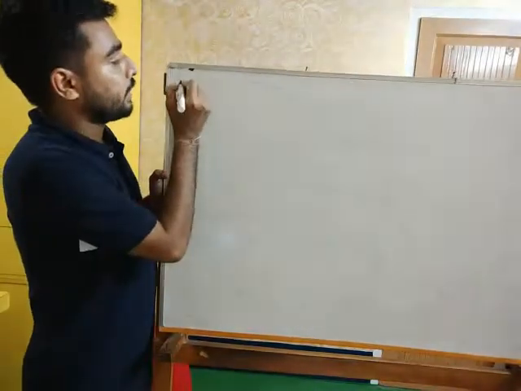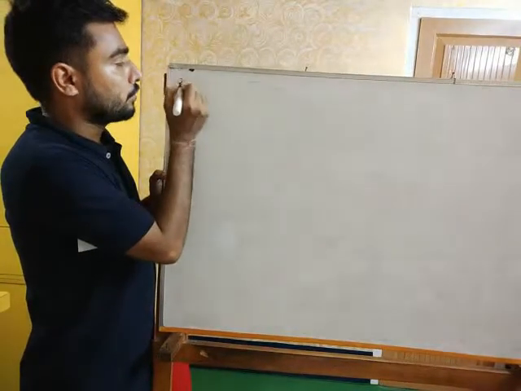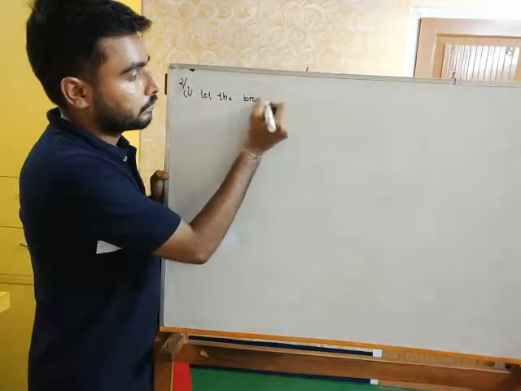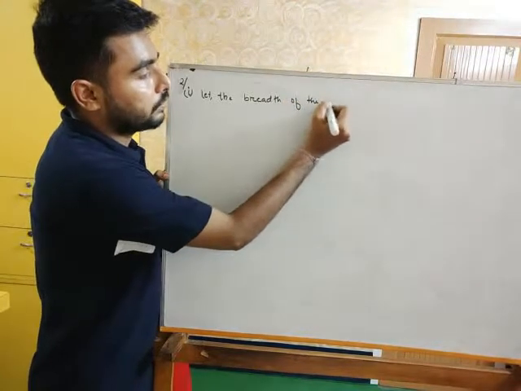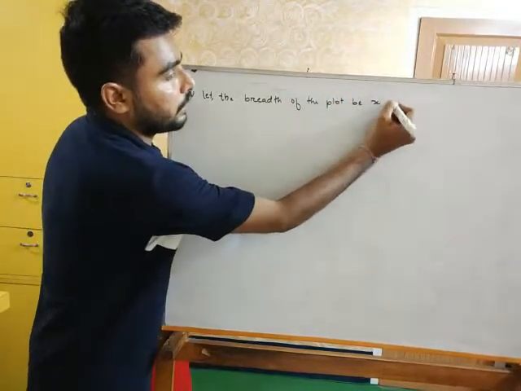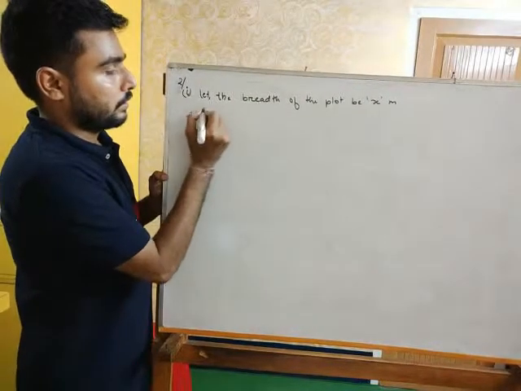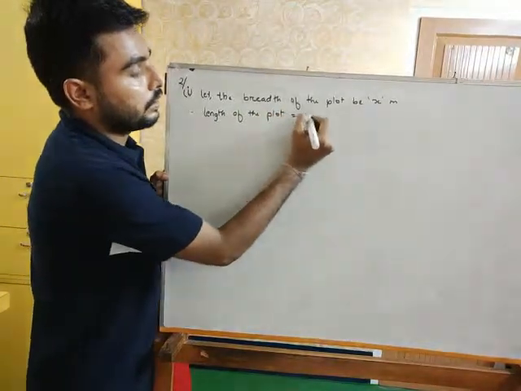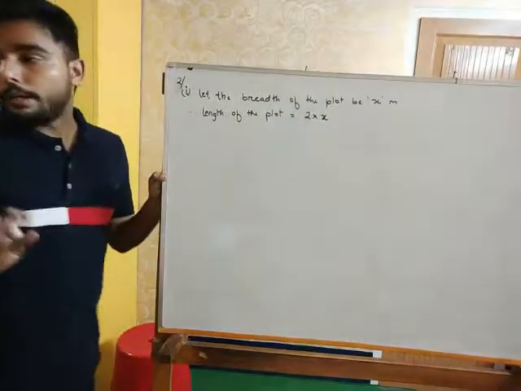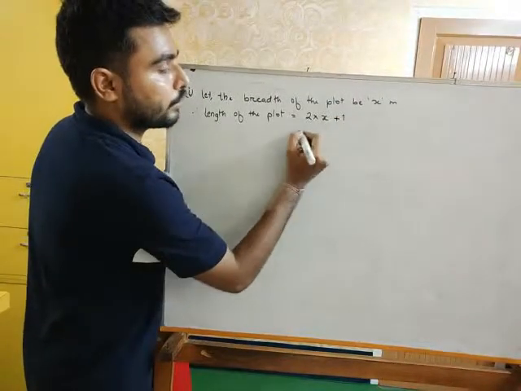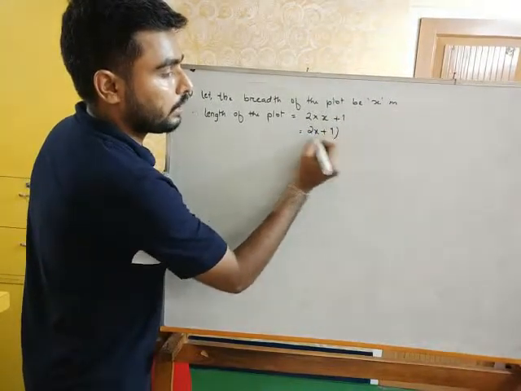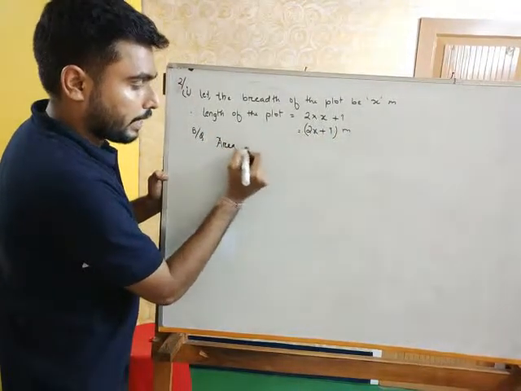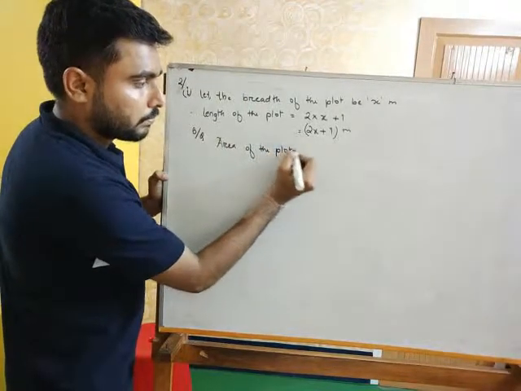So let us write number 2's number 1. Let the breadth of the plot be x meter. Therefore, what can I write about the length? Length of the plot is equal to 2 into x and 1 more, so plus 1. So it will be twice x plus 1 meter. So according to the question, area of the plot is equal to,